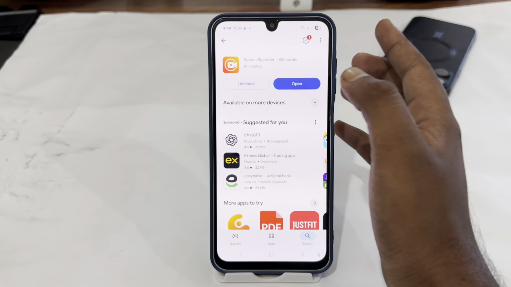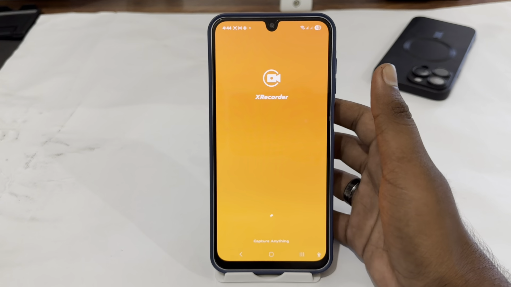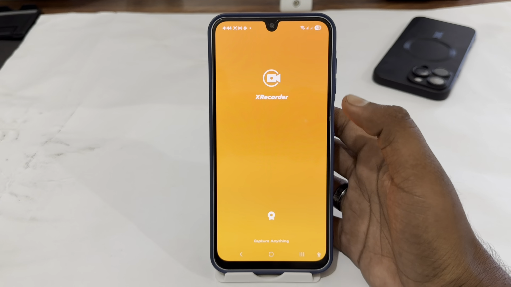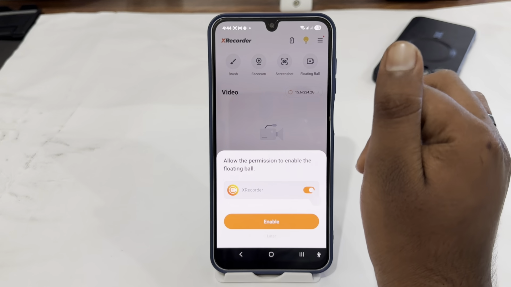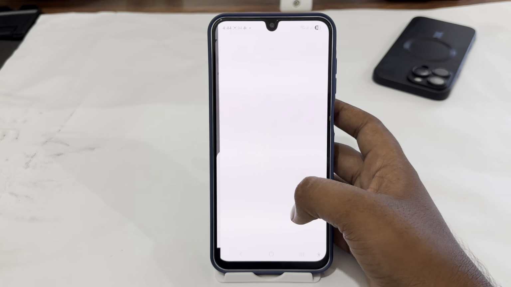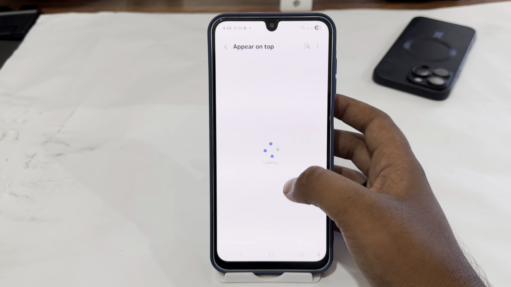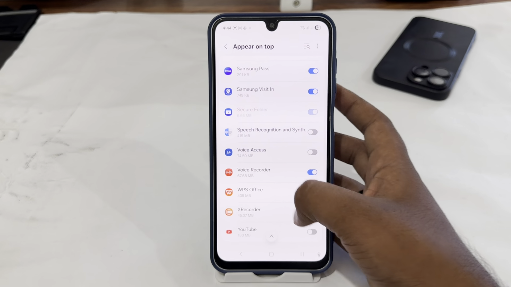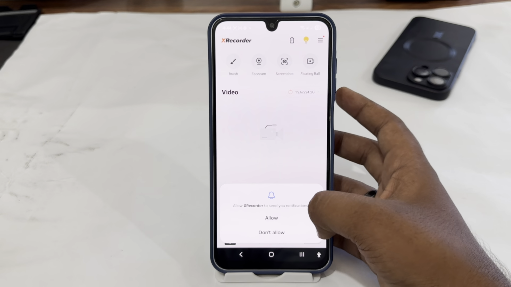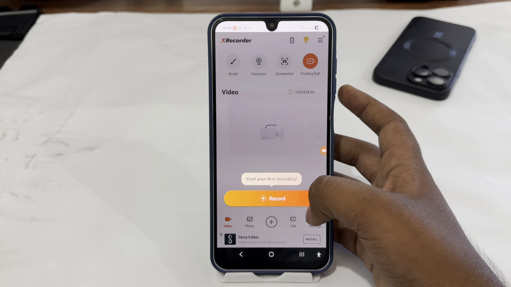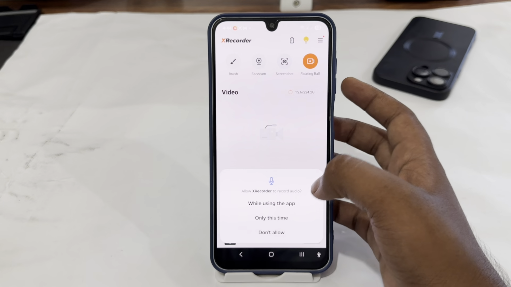After the installation, just tap on open to open the app, and here you just have to make a simple setup. First, just skip this one, and here just tap on enable, and then look for X Recorder, then enable this in your settings, then go back, and here select allow to send notification, then tap on record to start your